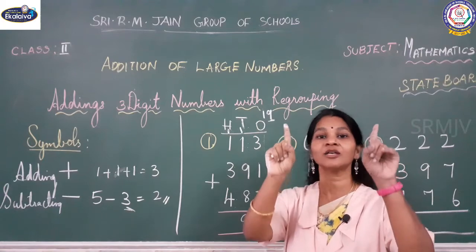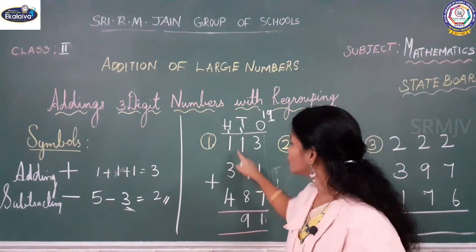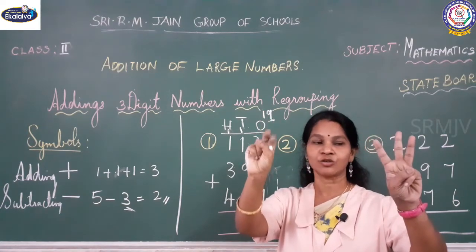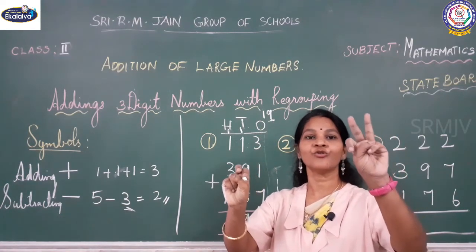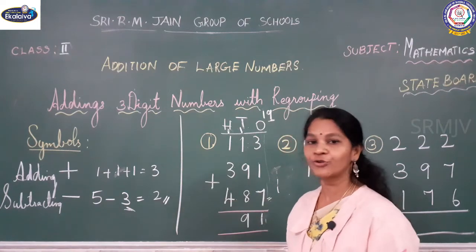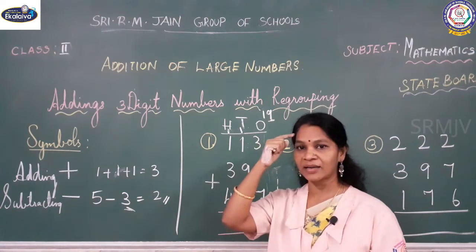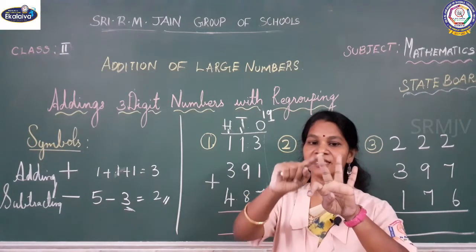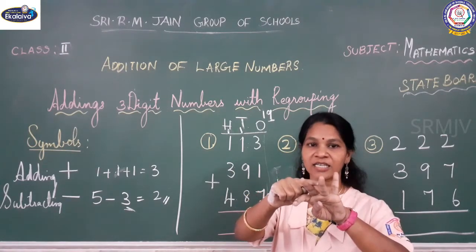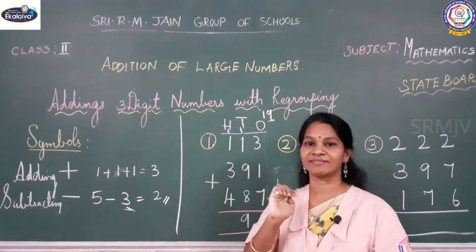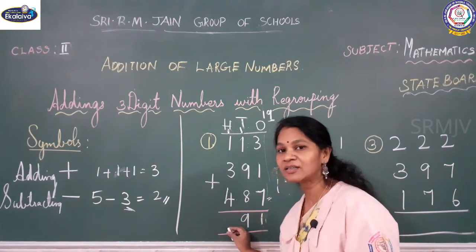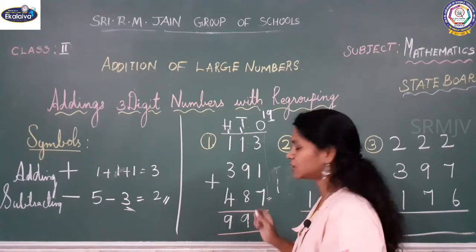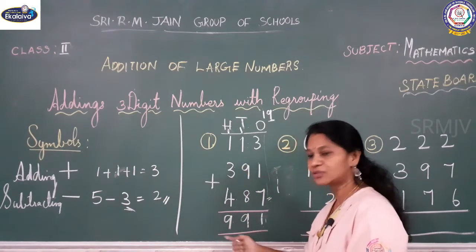1 plus 1, 2. And 2 plus 3, 1, 2, 3, 4, 5. And 5 plus 4, 5 in the mind, 4 on the finger. 5 after, 6, 7, 8 and 9. Okay, what do you have to write here? 9. What is the answer for this? Tell me the number, this whole number.